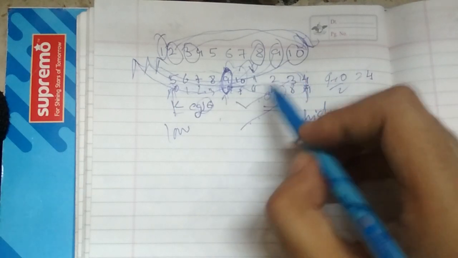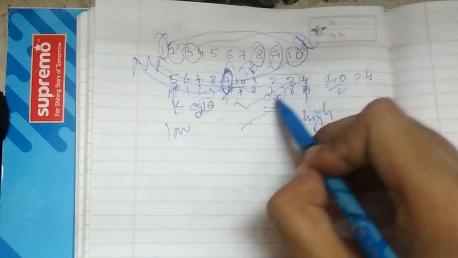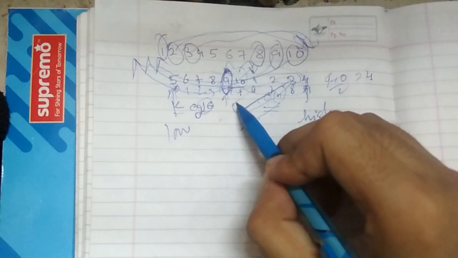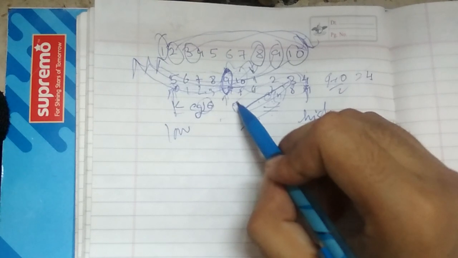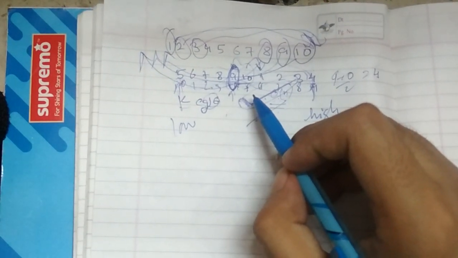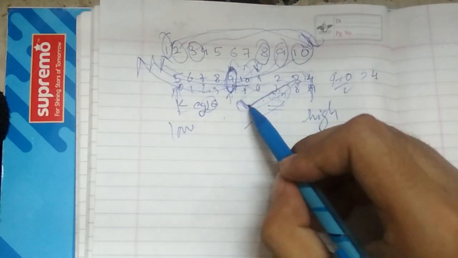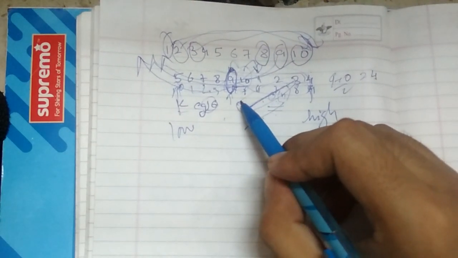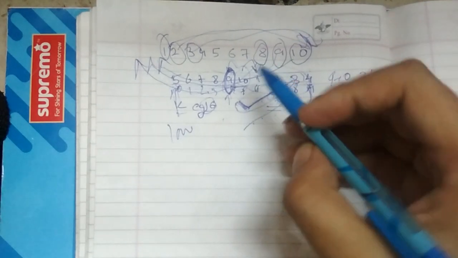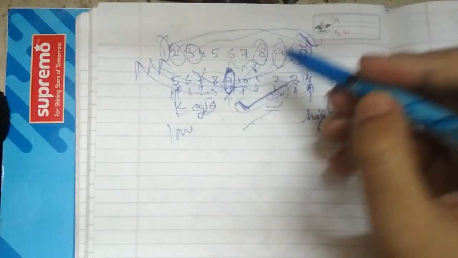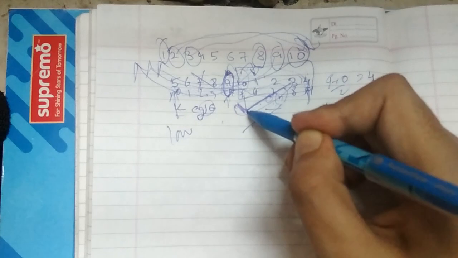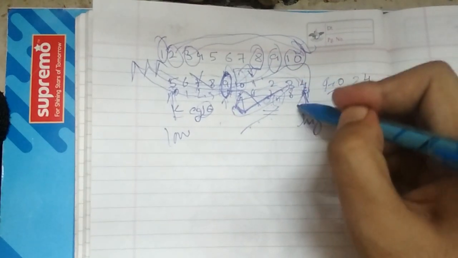So we have to select that half in which elements are first decreasing and then increasing, because a pivot element will lie in this half only. You can learn this as a fact, or if you want to observe it, you can observe it and then learn it. But this is true, that the pivot element will always lie in that half which is first decreasing and then increasing. So we reject this half and we pick out this half. We update our low to mid plus 1, and the high remains the same.